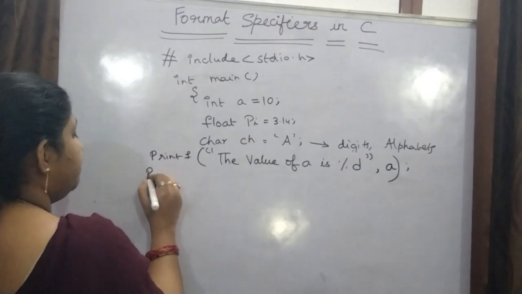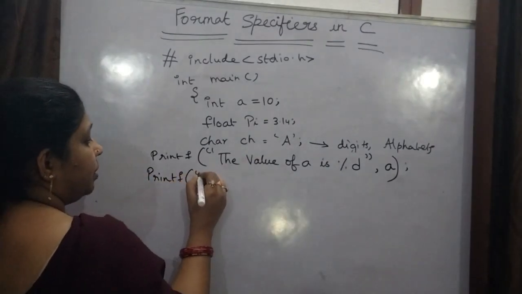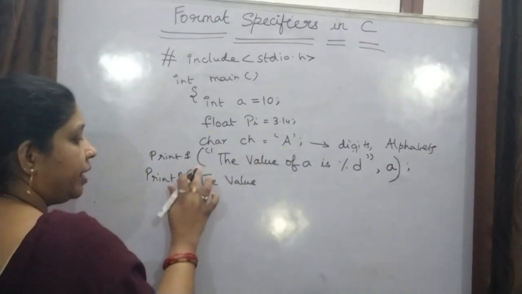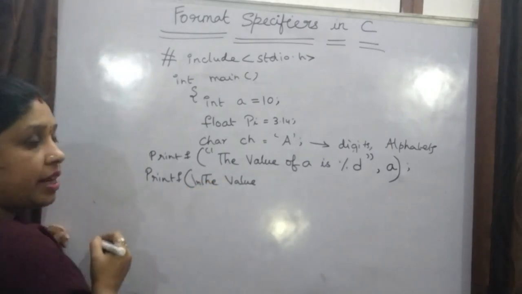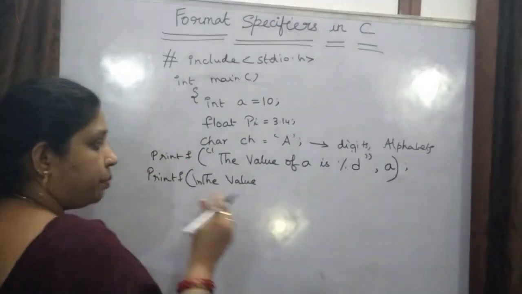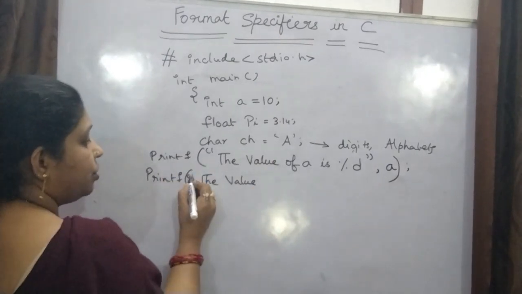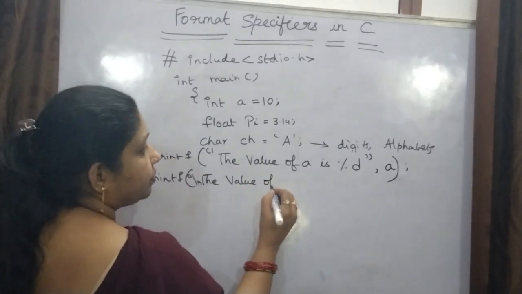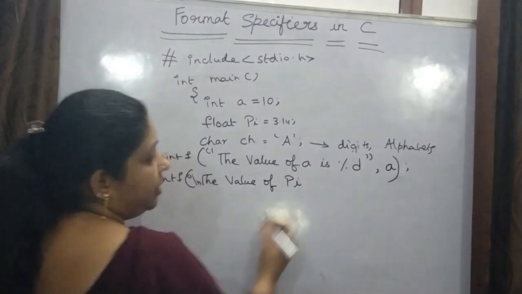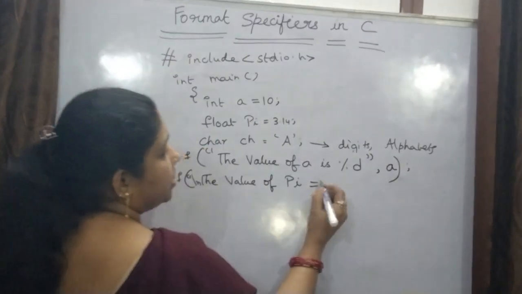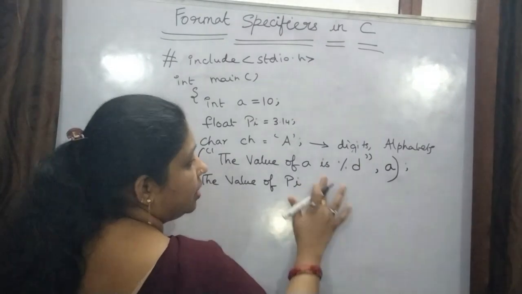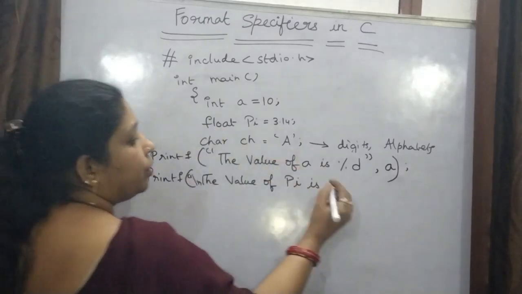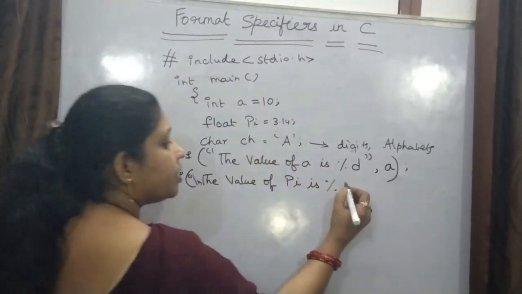Okay. Next, printf, double quotes, the value. Now here I will write \n. Why I am writing \n is, after printing this, I want to print this statement in the next line. So you have to write \n after the double quotes, the value of pi. This one I am printing now. Pi is equal to 3, pi is, now which data type is there? Float. So %float means f.